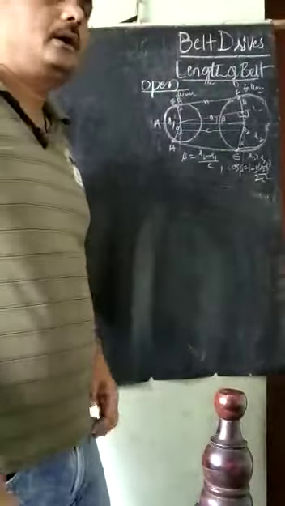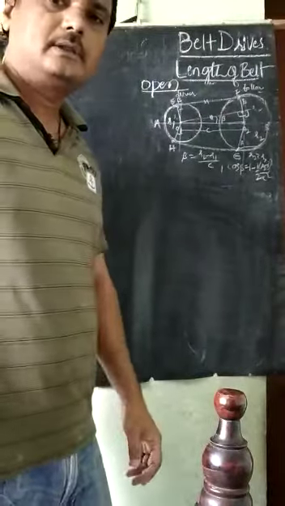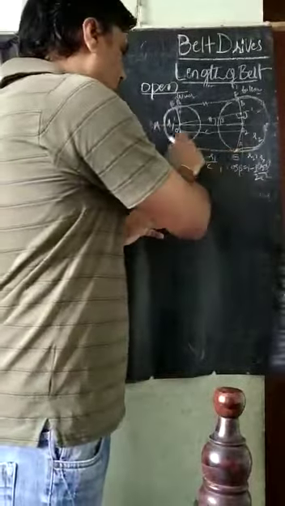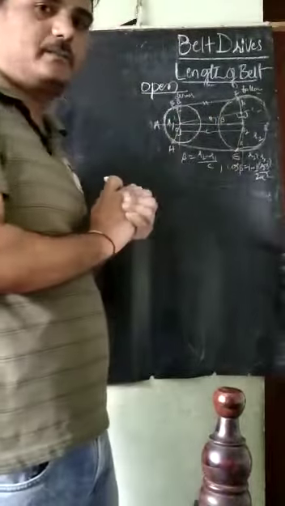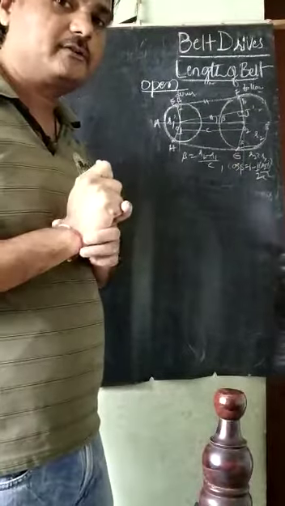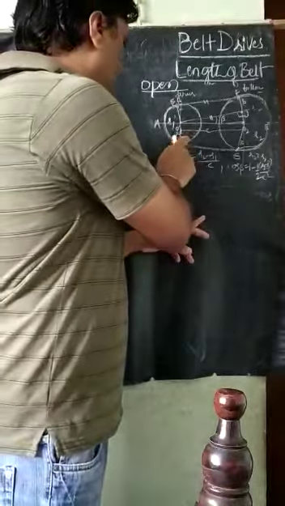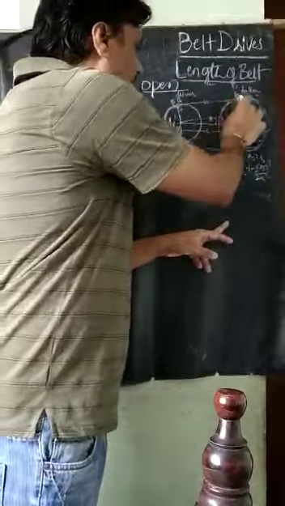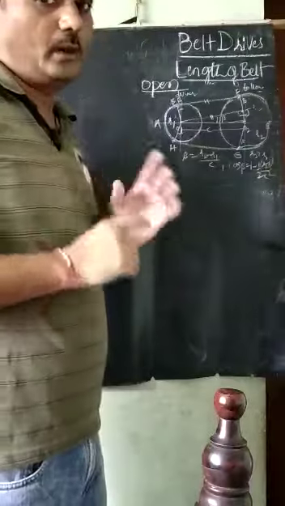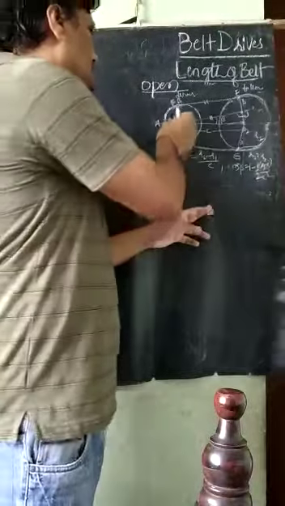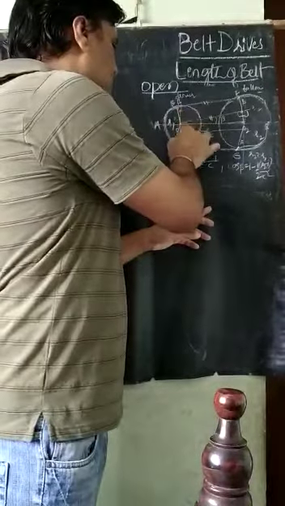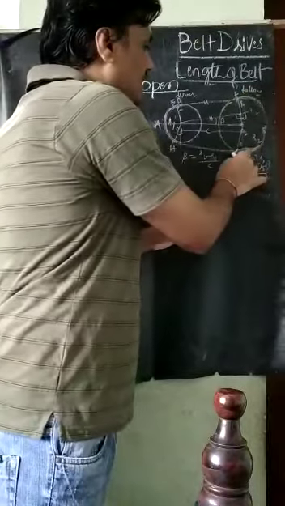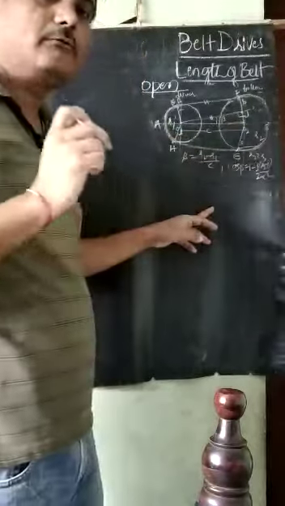So now I will write the equation for the length of the belt. This is the length of the belt. Where are the contact points on the pulley? H and E are the contact points on the driver. F and G are the contact points on the follower. This is the arc which is in contact with the driver, and this is the arc F, B, G, which is in contact with the follower.